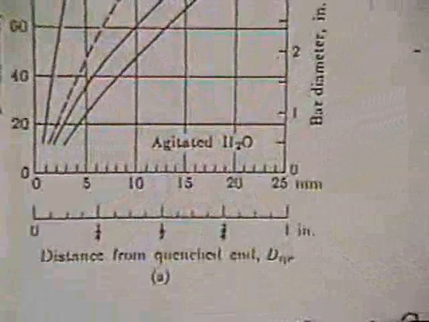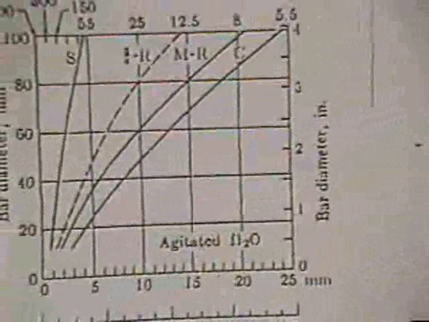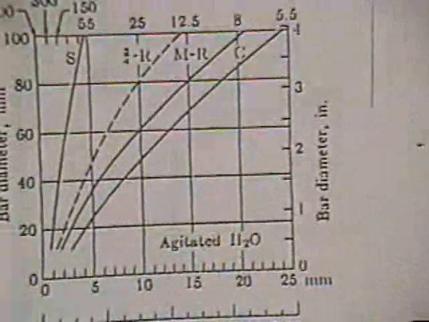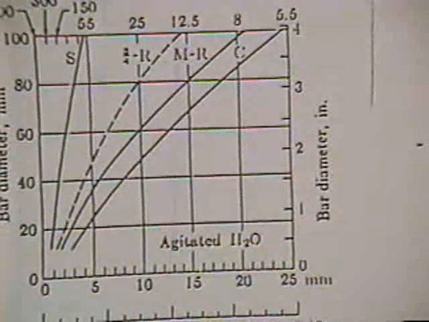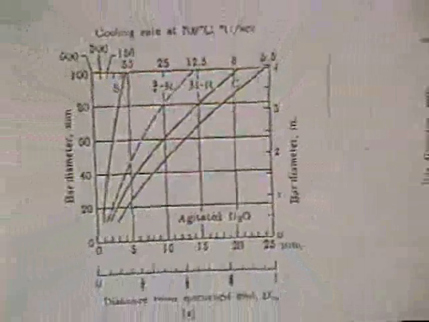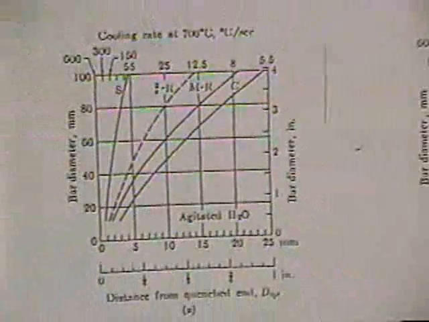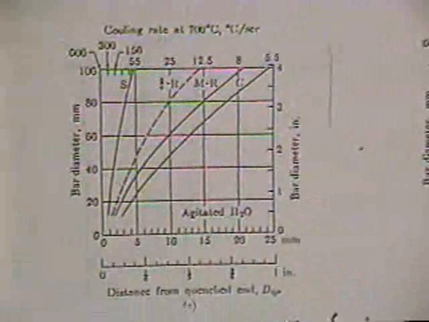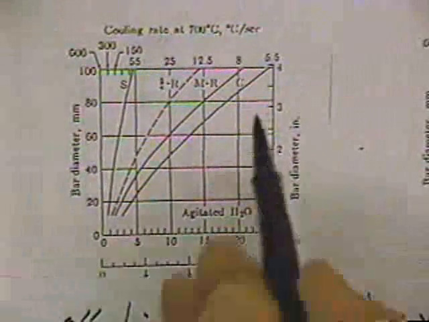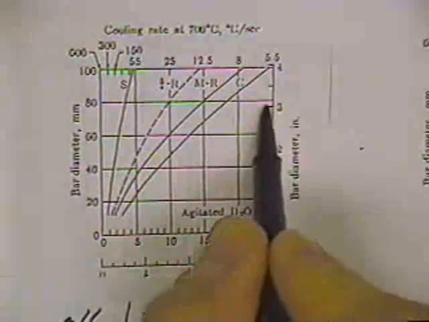Let's say for our example that we have a 3-inch diameter round bar of steel, and we're going to quench it in water, and we would like to know what the hardness profile would be without actually having to measure the hardness profile. So for the 3-inch diameter bar,